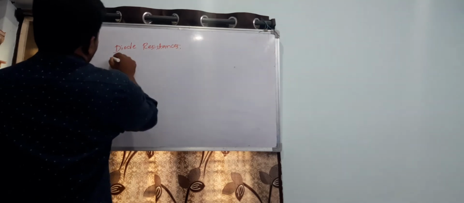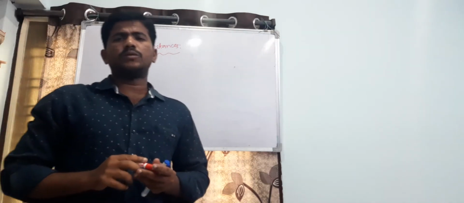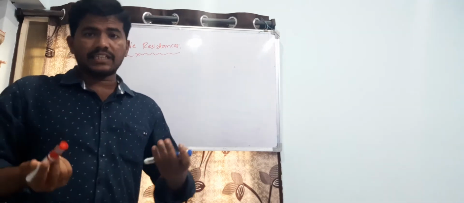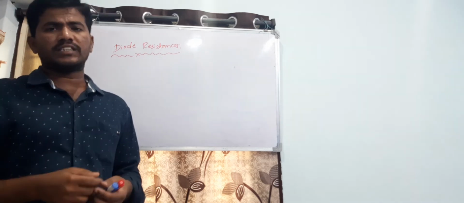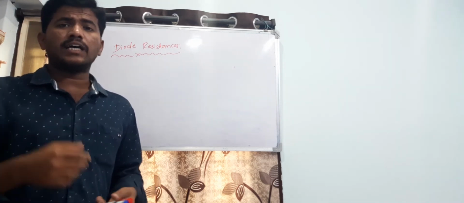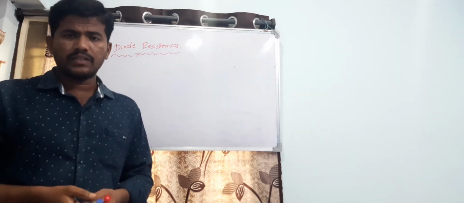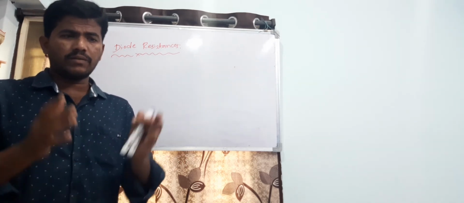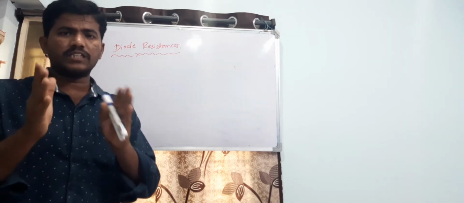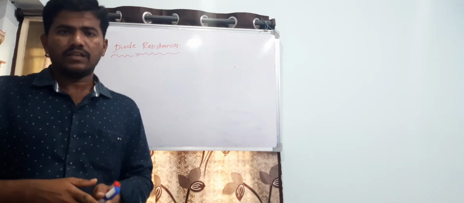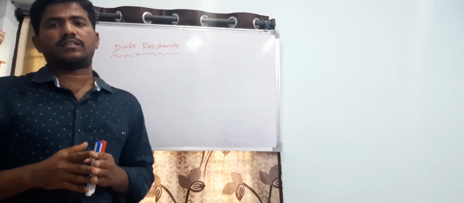Does the diode act as a resistor? Maybe. Depending on the situation, it may act as a resistor or as a capacitor also. Different diodes are there. For example, the varactor diode acts as a high frequency switch, depending on its capacitance. What does capacitor mean? Wherever two plates are there and some charge is stored in between them, we can say it is a capacitor.